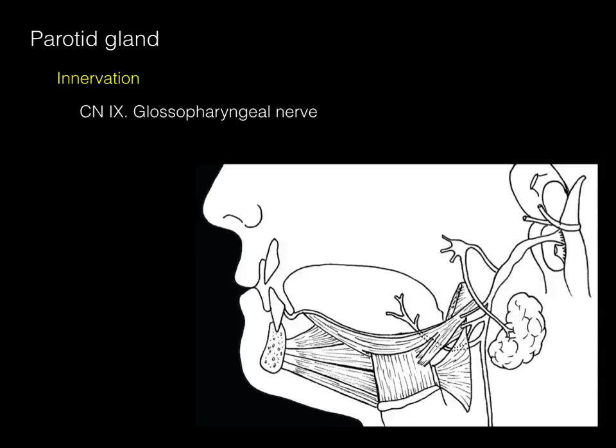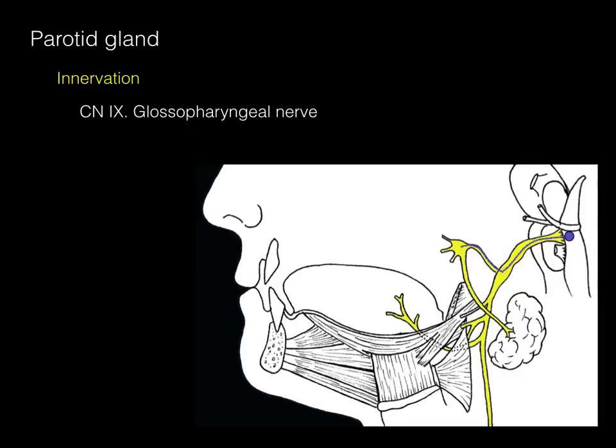So in this black and white illustration, the glossopharyngeal nerve is outlined there in yellow. And with any parasympathetic innervation, and this is the visceral motor parasympathetic innervation of cranial nerve 9 that is going to innervate the parotid gland, we see a preganglionic parasympathetic neuron in the medulla that sends this axon out